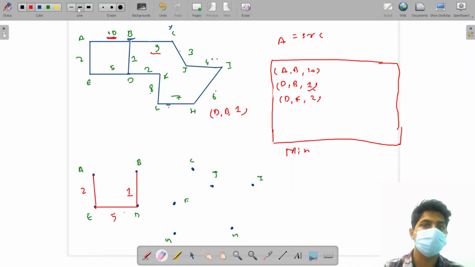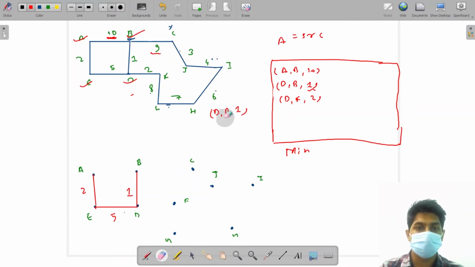Like in BFS, we were marking visited also. Till now we have visited node A, node E, node D, and now when we removed node B, we have visited node B also.